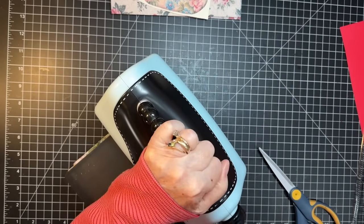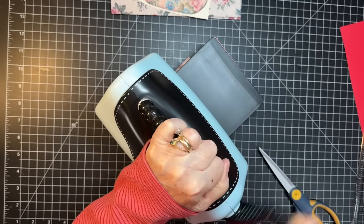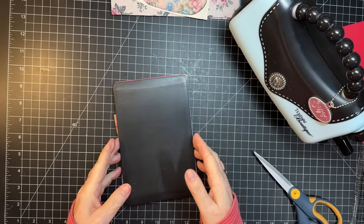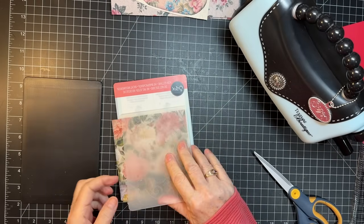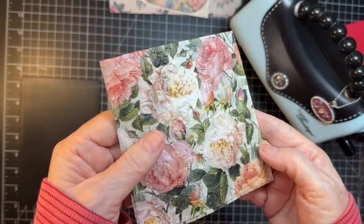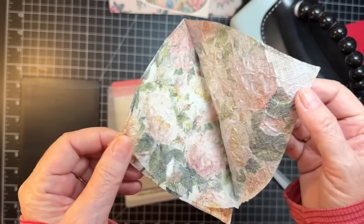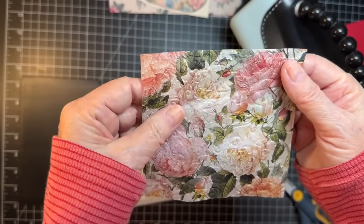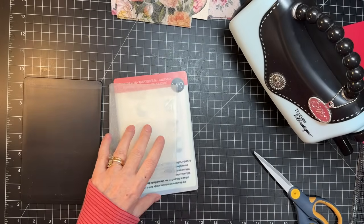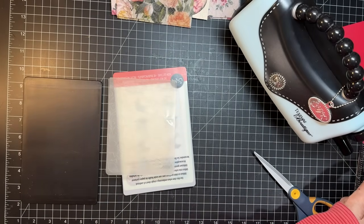Okay. My right arm exercise today, aren't I? Okay. Ooh, that's cool too. That's really cool. Oh, that feels nice. Yeah. So napkins, another thing that you can use. Okay. Then I've got